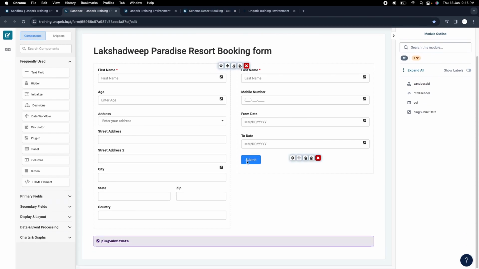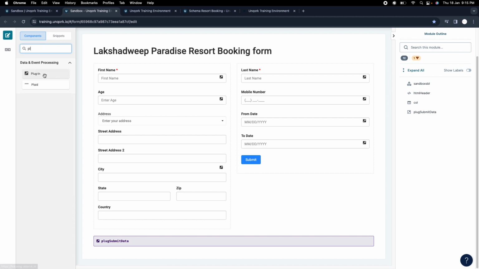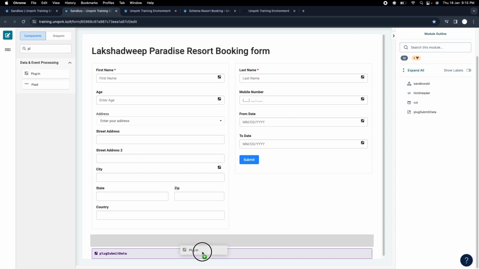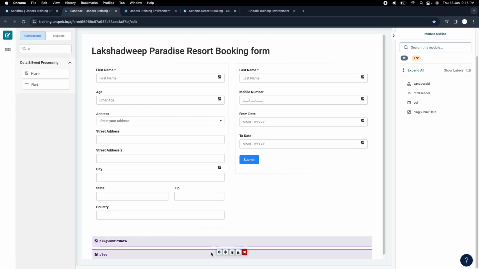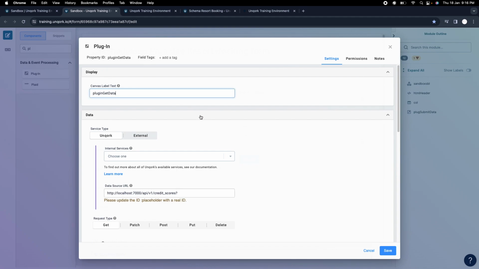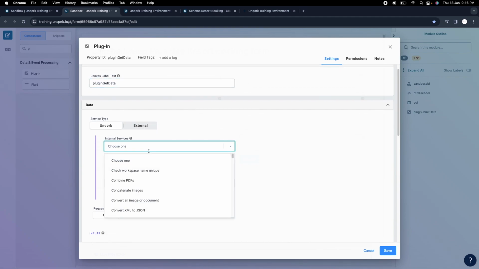So let's validate that. In the next video, we will see how to build that dashboard and how to view that. But for our testing purposes, let's create a plugin to fetch all the data which is stored. So, plugin get data. We just want to see whether that data is actually present in that schema. So here I will write get,